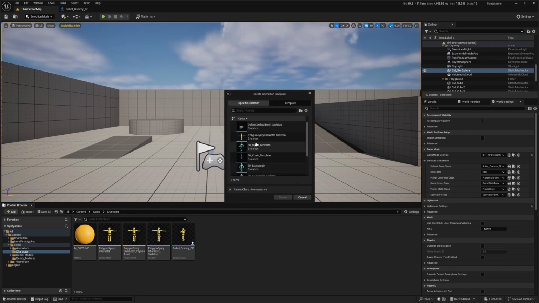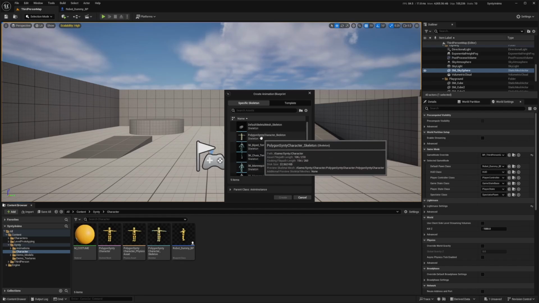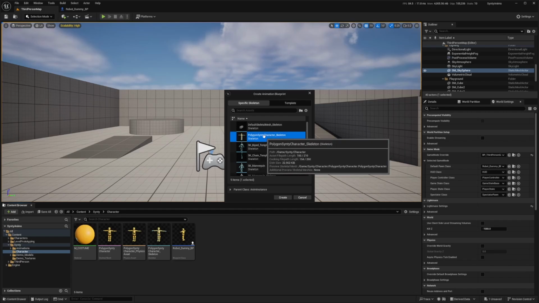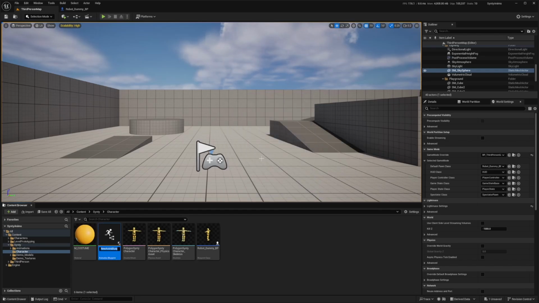Now, after clicking this, it's going to ask us to select our skeleton. If you have multiple characters that are sharing the skeleton, for example, let's say I have all those Cinti skeletons on this polygon Cinti character skeleton, then all of them can share the same animations and your character won't go into weird T-poses. So I'll select this and click create. And I'll call this something like Cinti underscore ABP,